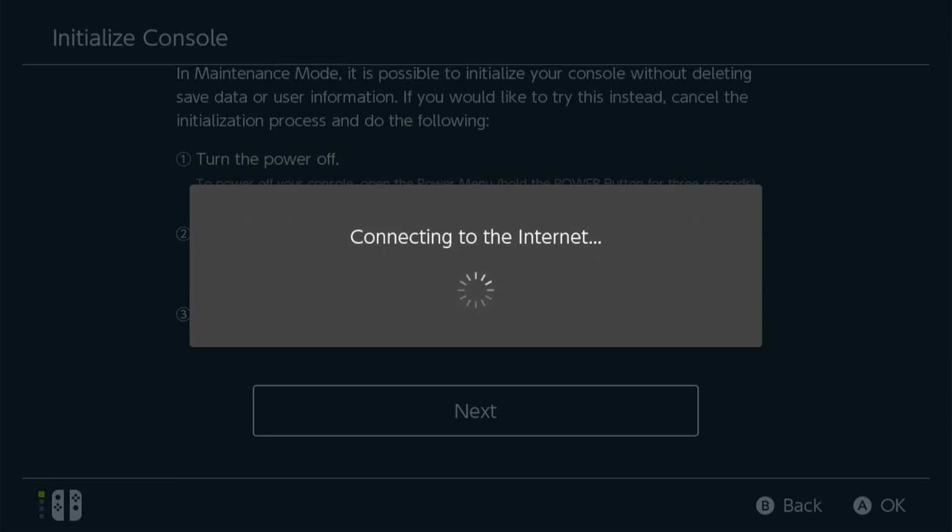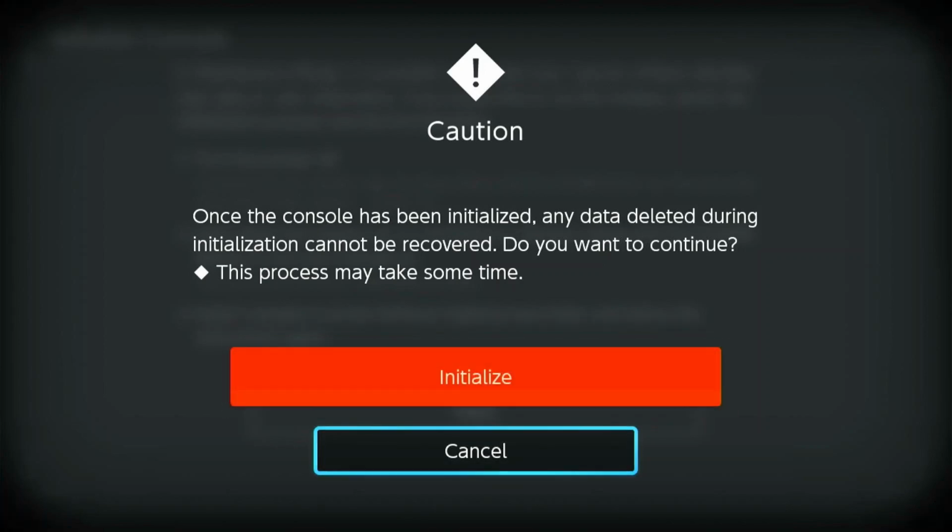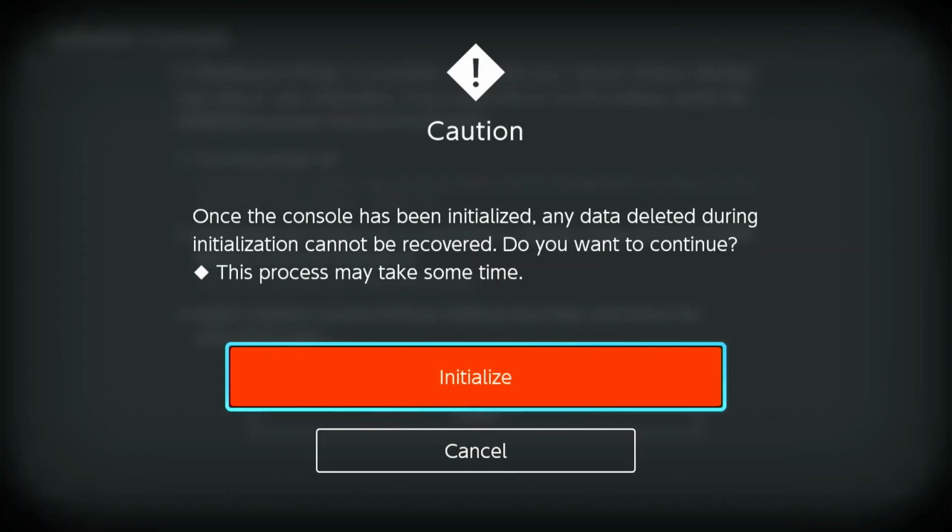After confirming, your console will connect to the internet to verify the process. Following this, a caution page will appear with a warning about the initialization. On this page, you will notice a red button labeled Initialize. Clicking on this button will begin the process of resetting your console. Keep in mind that this process may take a while to complete, so ensure you allow enough time for the